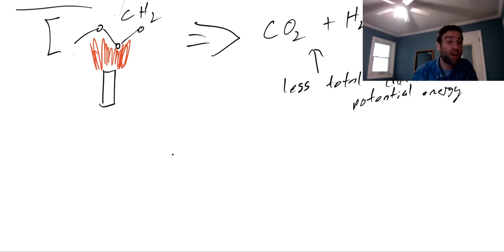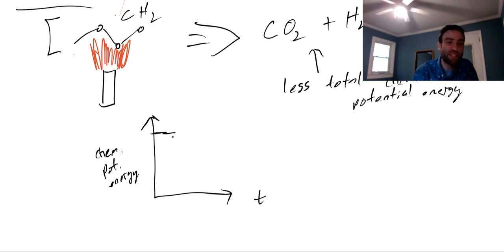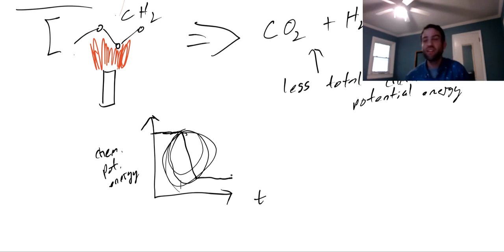So what does this process look like? If I imagine on this axis I have chemical potential energy, and maybe this is time, before these molecules have come apart, they have a certain amount of chemical potential energy, and then when I add heat, that gives them enough energy to break apart and then form new chemical bonds with the oxygen atoms. That drops the total amount of chemical potential energy. What happens to all of this energy here? Well, it goes into light and heat,